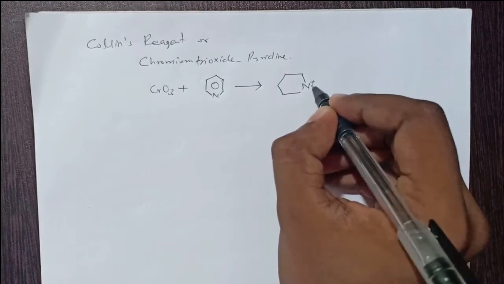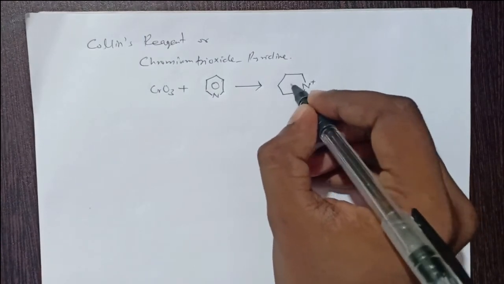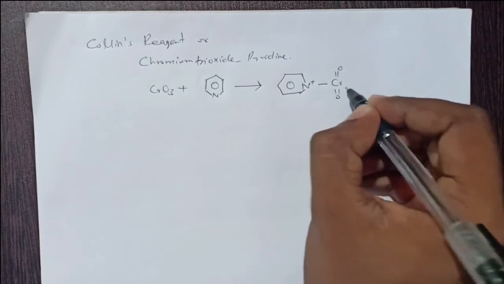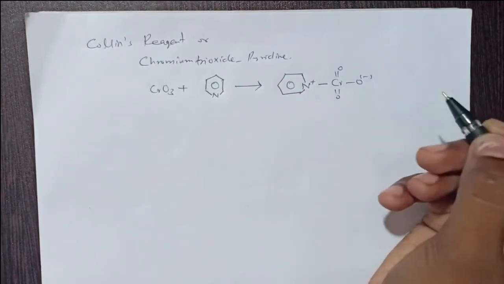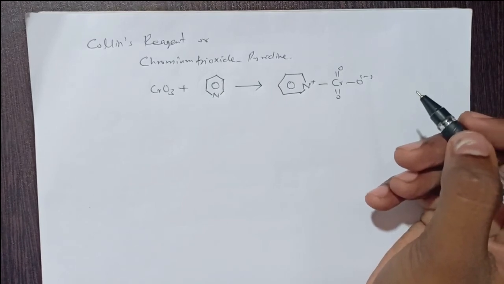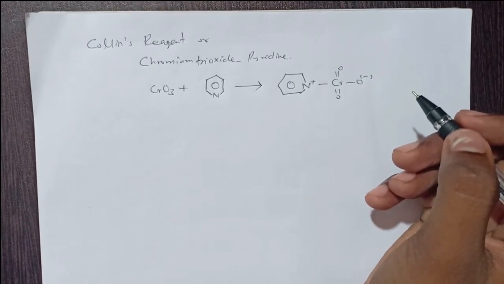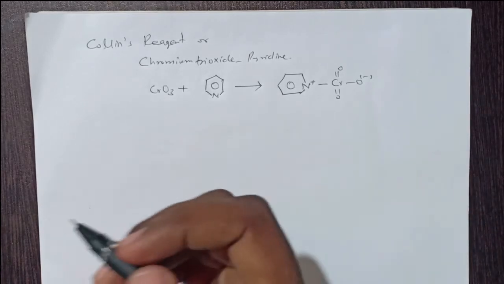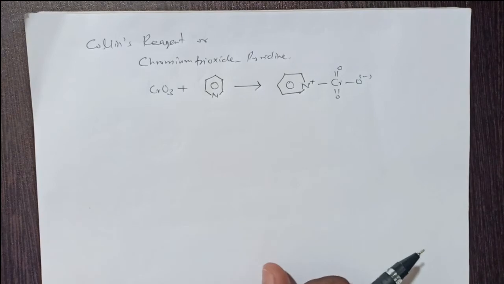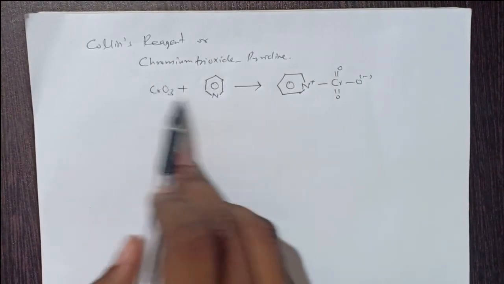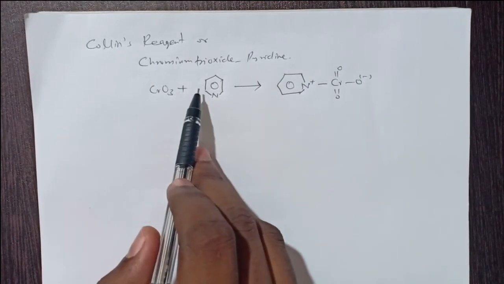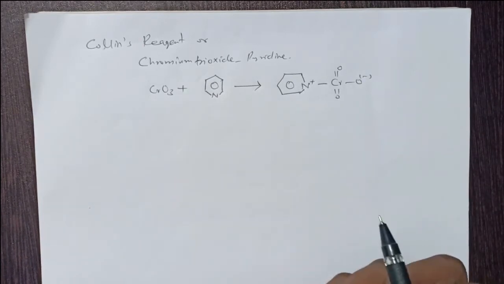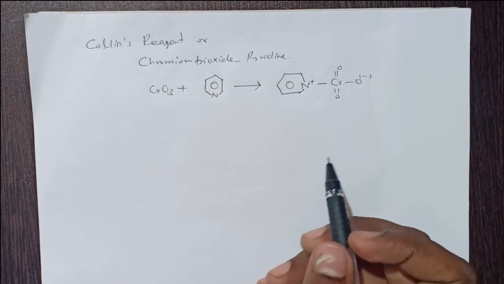This is the complex, this is N plus CrO minus. This is known to be the Collins reagent. This is actually the original version of PCC, that is pyridinium chlorochromate, discussed previously. This can be easily obtained by adding these two, that means chromium trioxide and pyridine. This is known to be the Collins reagent and is a useful reagent for oxidation of alcohols when other